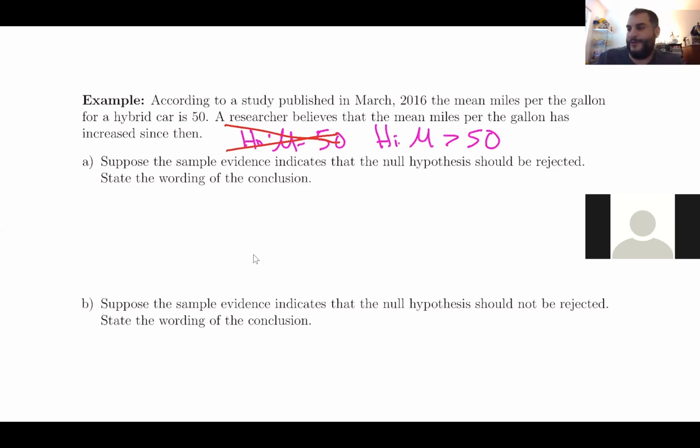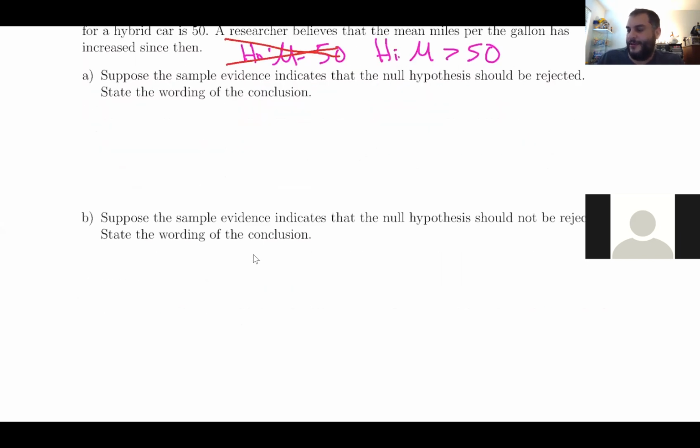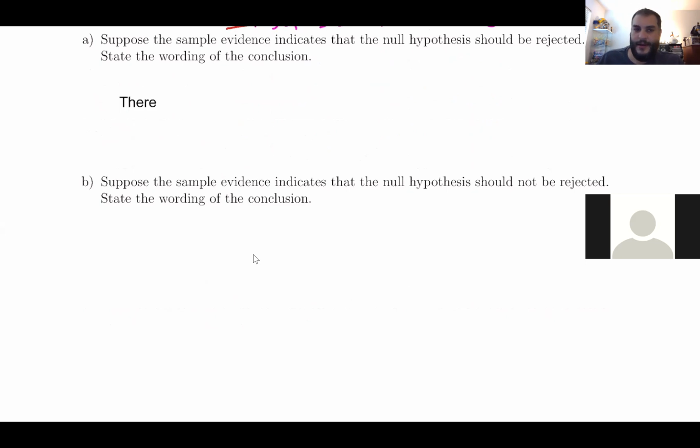Since we're trying to prove the alternate hypothesis is correct, if we reject the null hypothesis, that's saying that the alternate hypothesis is correct. So that's stating there is enough evidence. So we're going to say there is enough evidence